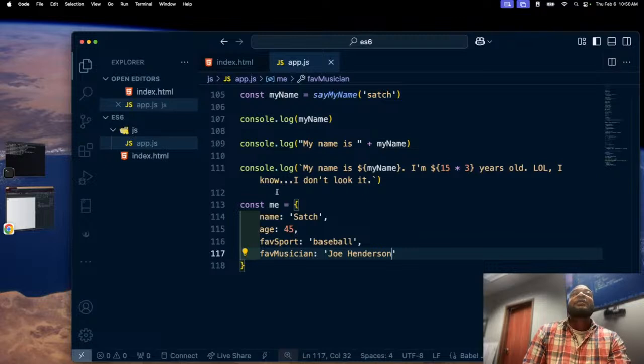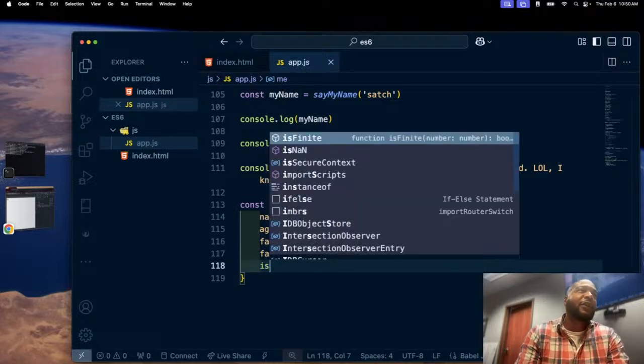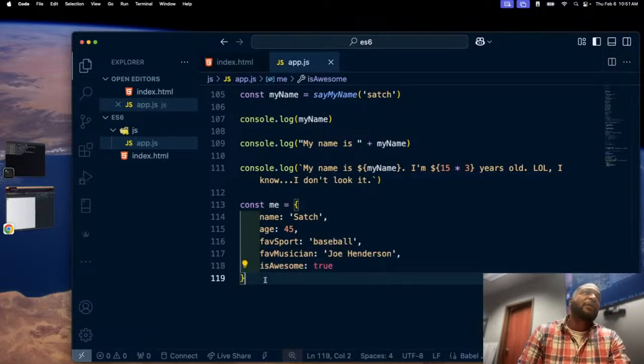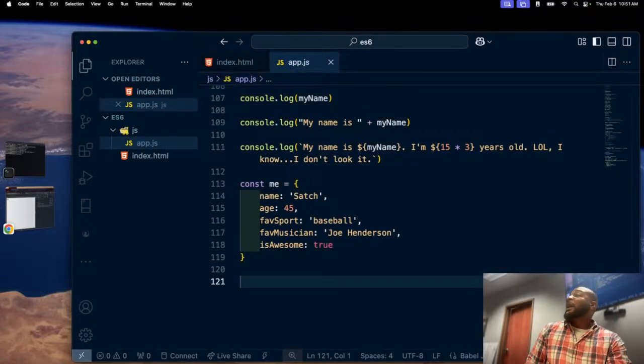Okay, so I have this object here. Let me not forget, this one is awesome. Of course, that's true. All right, so I got this object here, okay,